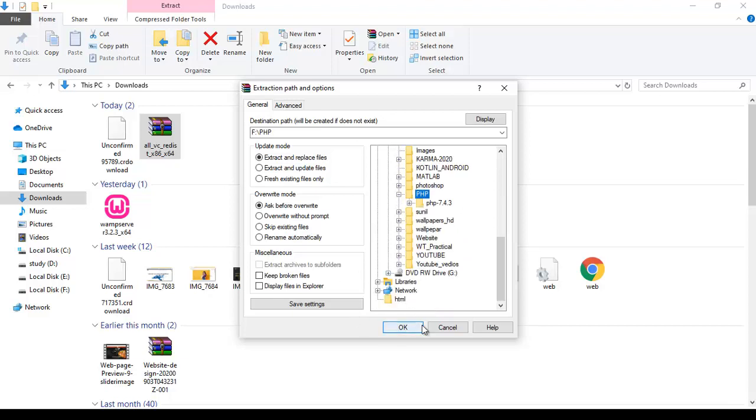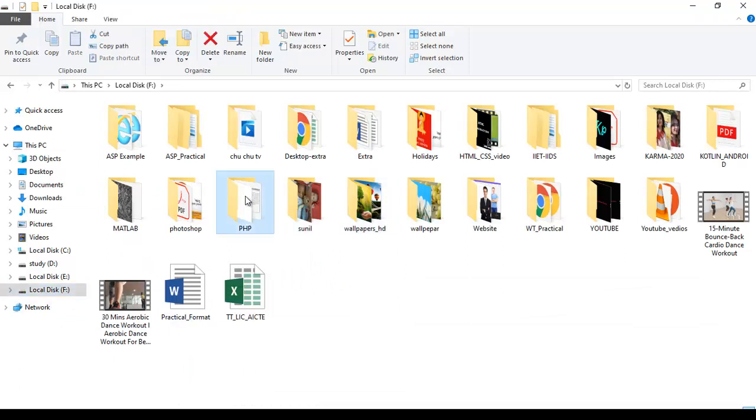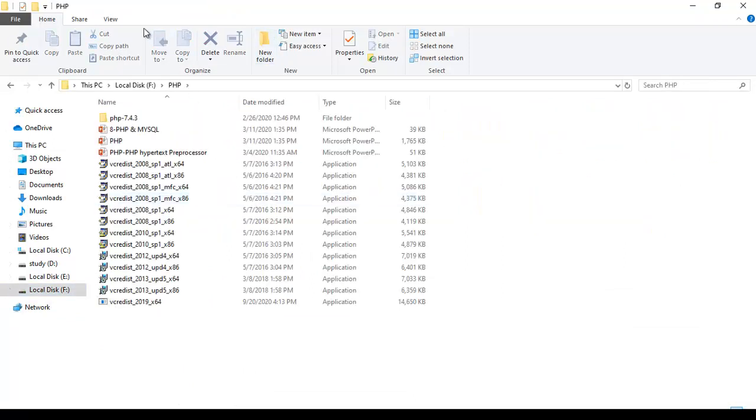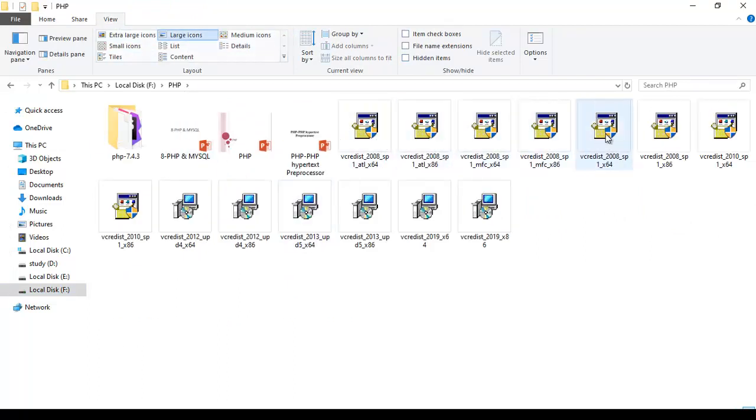So here I am extracting, particularly in the PHP folder. Okay, so this file is all extracted, so you have to only install